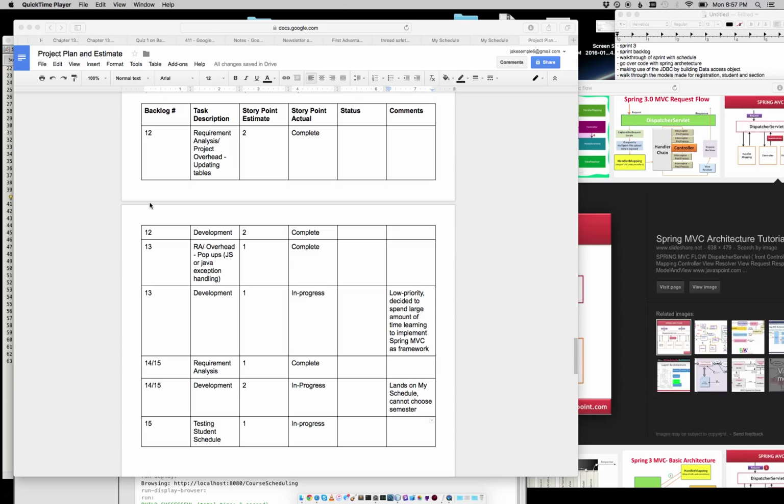So real quick, this is my backlog. For this sprint, I wanted to successfully add registration courses to a student's registration. So items 12 through 15